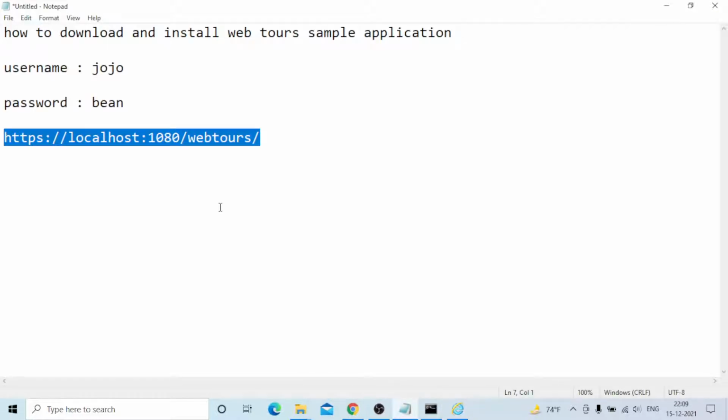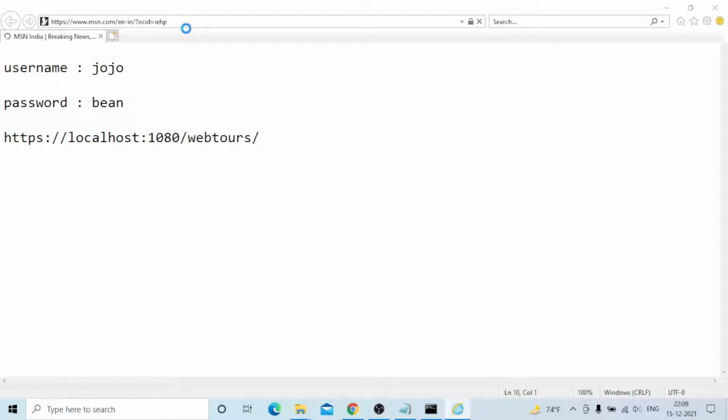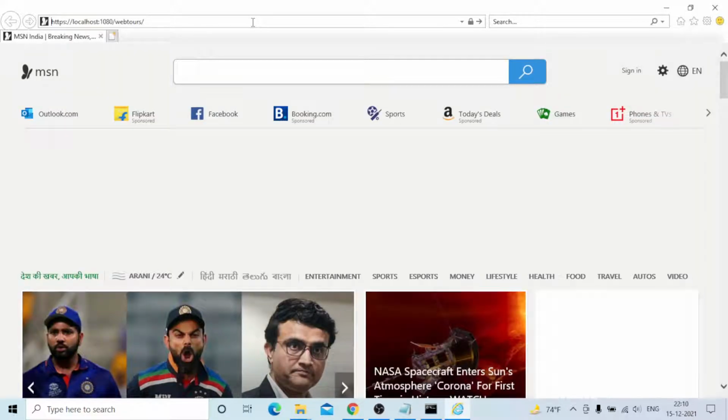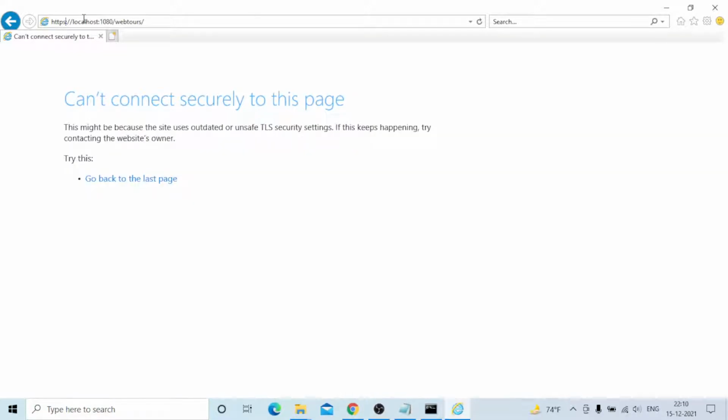You can open Notepad. Then take the URL https://localhost:1080/webtools. It says cannot connect securely to this page. Just remove the s and try that one.